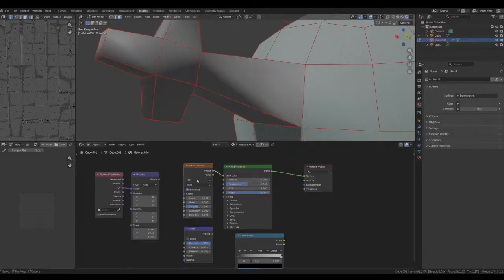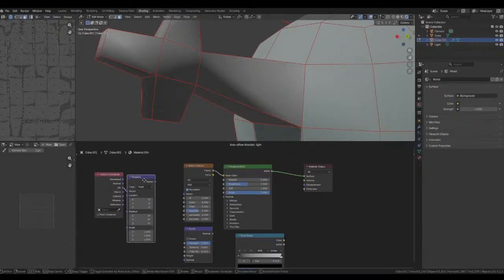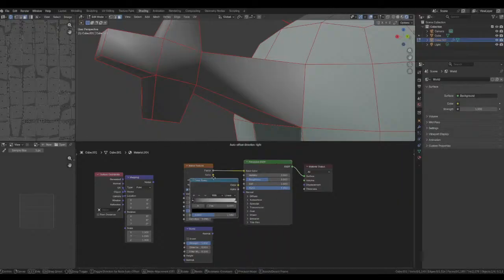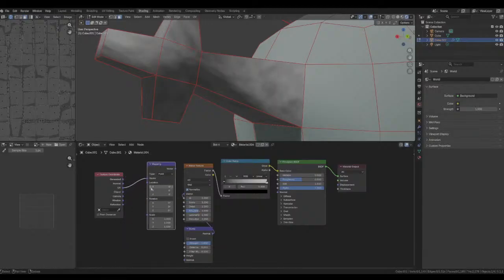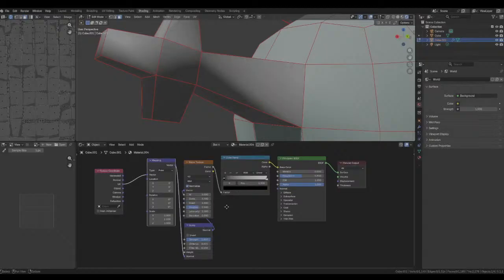Okay. Turn this to 4D. You plug the color into there. Plug this into there. You could plug this into the height if you wanted to, but you don't have to. You could plug the vector into there. Okay.